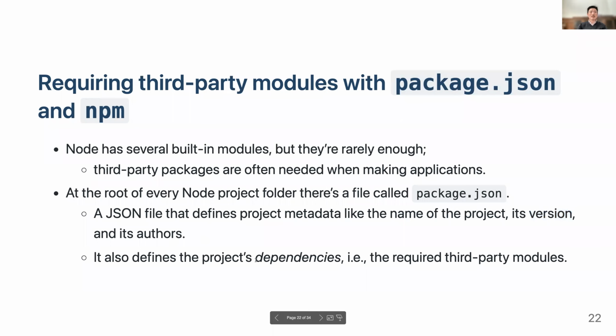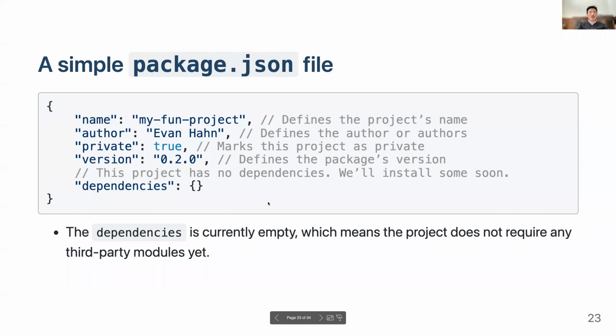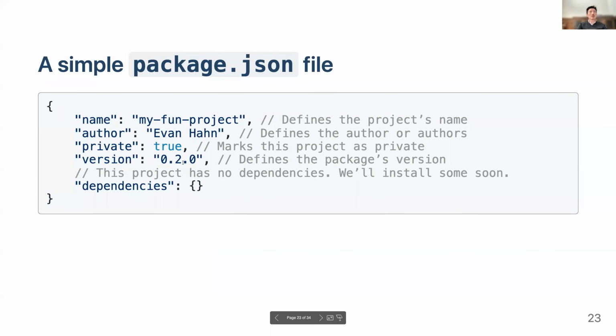Okay, and the more important part is the dependencies, the third-party modules that are needed to run your code. Usually, if you don't have these modules installed, you will not be able to run the code. So they are important. Okay, and so this is one example of a JSON file. And so usually you need to either type this manually, you just create a new file and name it package.json